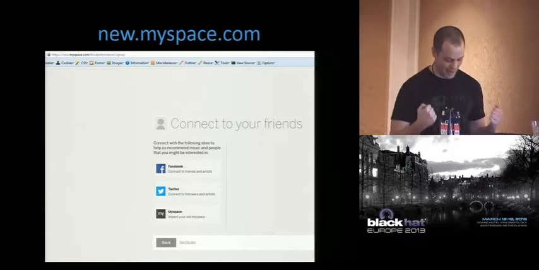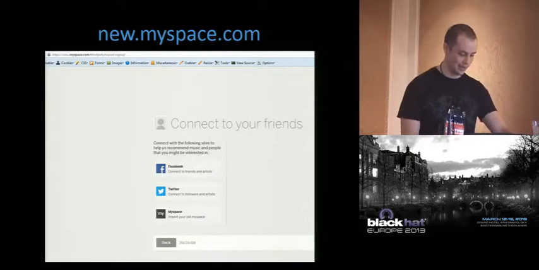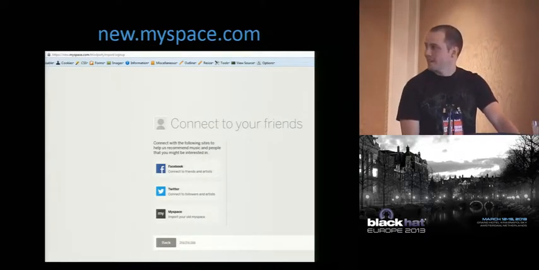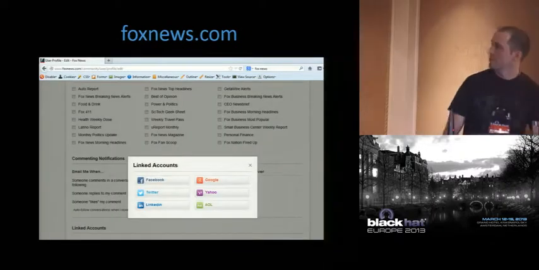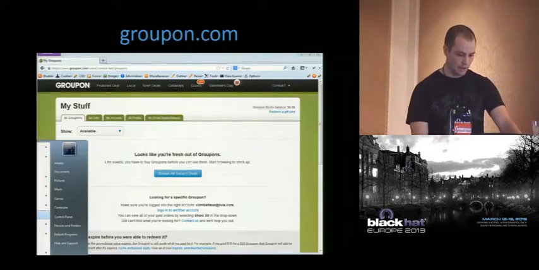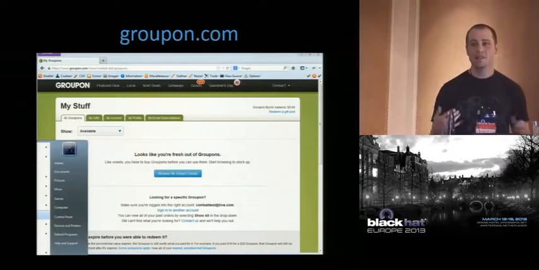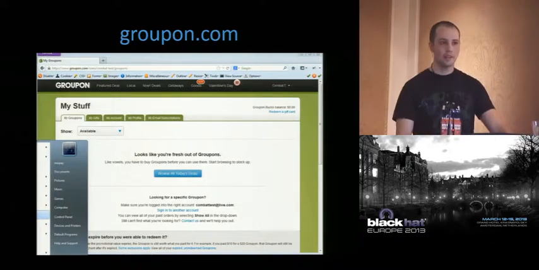Ten years ago, I would have been Sammy and cool, but you could do this against MySpace. MySpace is coming back. What else? Fox News, Pinterest. Those are all the same exact attack where you do this post and it associates accounts. Groupon is a little different.